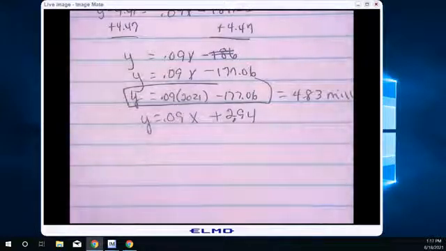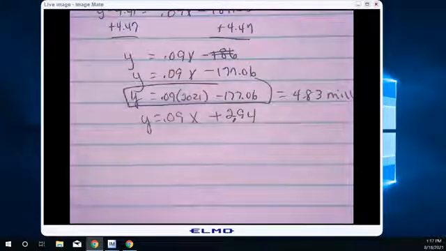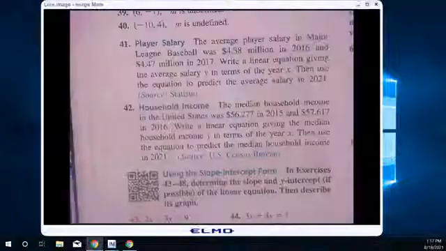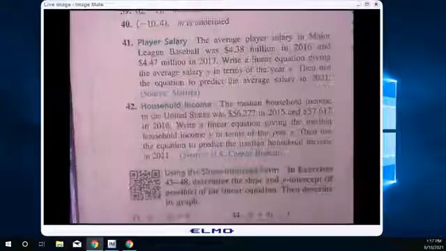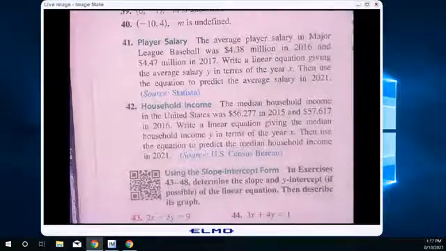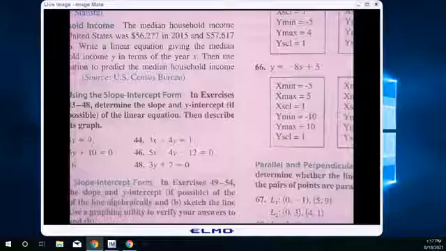Okay. So make sure when you read the question, make sure that you actually finish answering all of it. Don't just stop at the equation. This book is not a one and done. Okay. Let's see. Determine the slope and the y-intercept. Let me stop this one because we're at